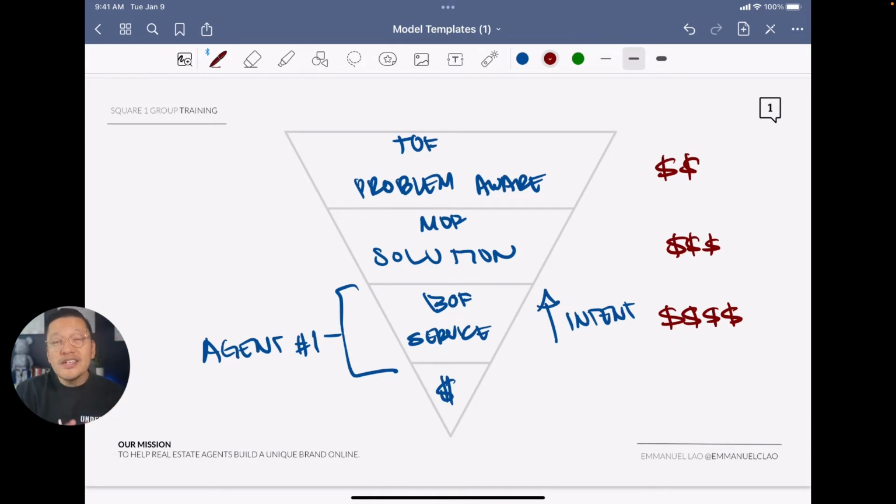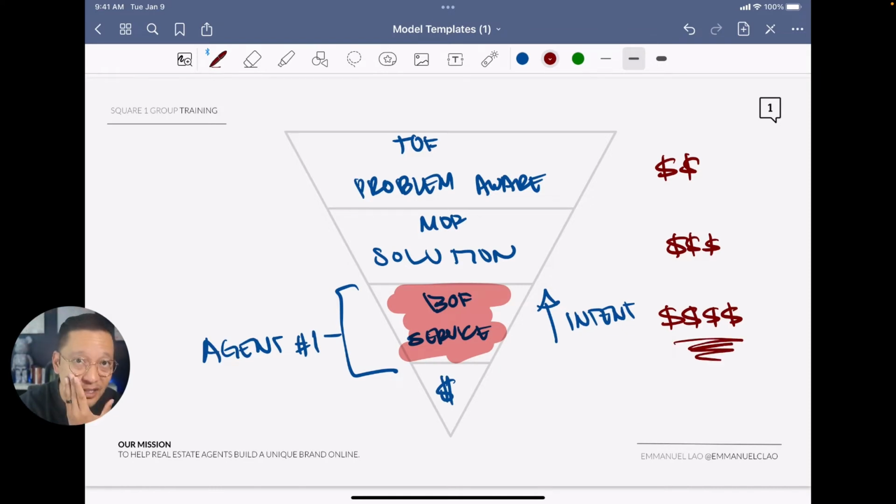Anyway, if you're trying to scale your real estate business with this type of lead here, you're going to find it to be very, very difficult, because at the end of the day, the cost per lead or the cost per acquisition is going to be very, very high. AKA, hint, hint, that's why Zillow leads cost so darn much. The reason is, the higher they are on the intent, the more expensive they become. But I'm going to get into talking about ads a little bit more in a second.